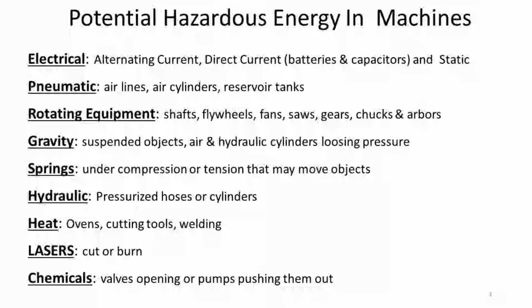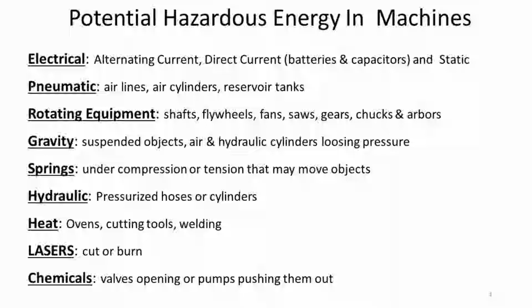There are many forms of hazardous energy associated with equipment that we use. Hazardous energy is any form of energy that, if allowed to release, can cause an action that can seriously harm a person. Here are 9 of the most common sources of hazardous energy: electrical, alternating current, direct current, batteries, capacitors, and static electricity; pneumatic, airlines, cylinders, reservoir tanks; rotating equipment such as shafts, flywheels, fans, saws, saw blades, gears, chucks, arbors;